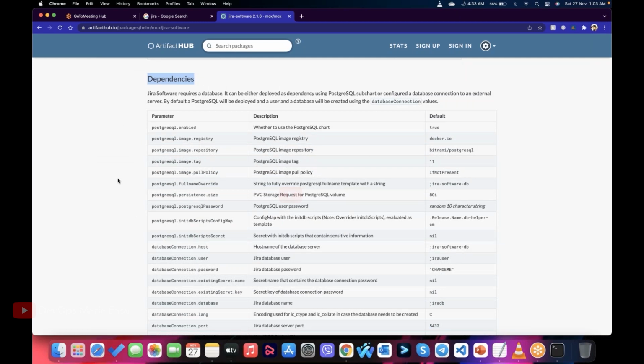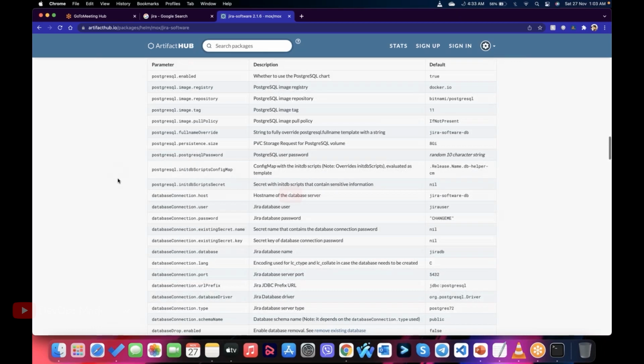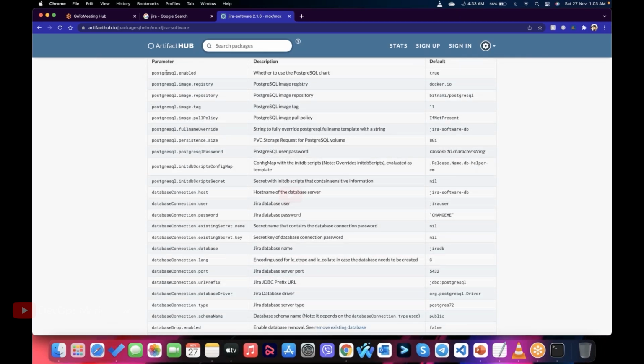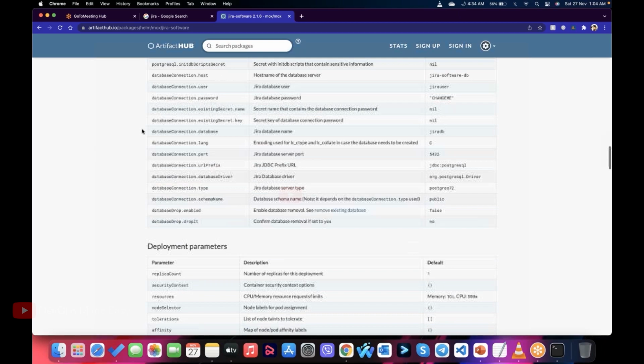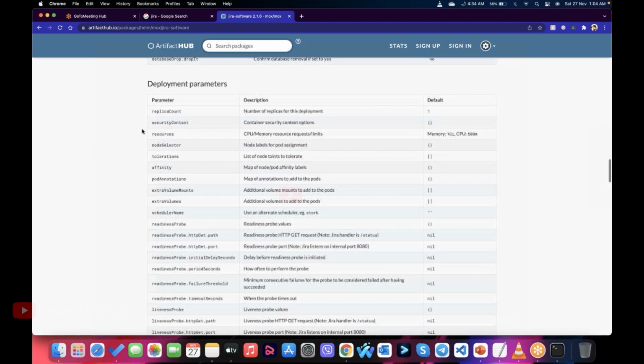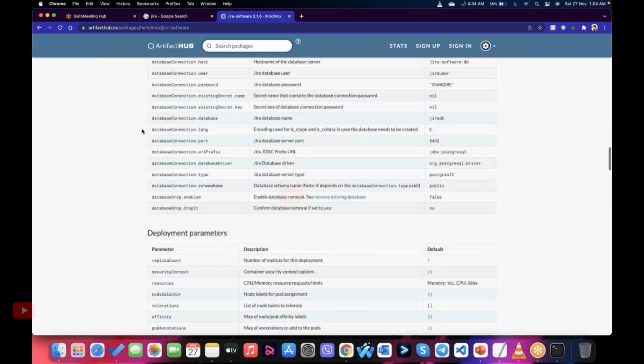So we also have the Postgres related parameters. If you want to enable Postgres, you have to set the postgres.enabled flag to true. If you set it to false, the Postgres chart won't be installed. In that case, Jira has to be connected to an externally running database, probably on-prem or cloud-based databases like RDS. We'll see these parameters once we download the particular chart from this repository.